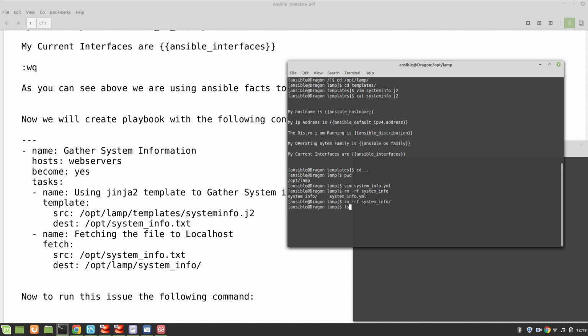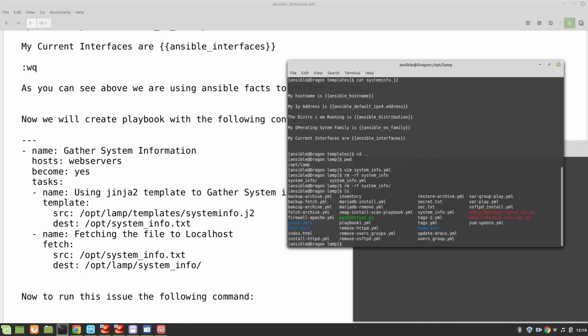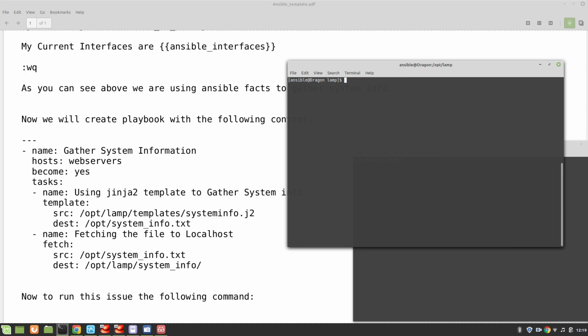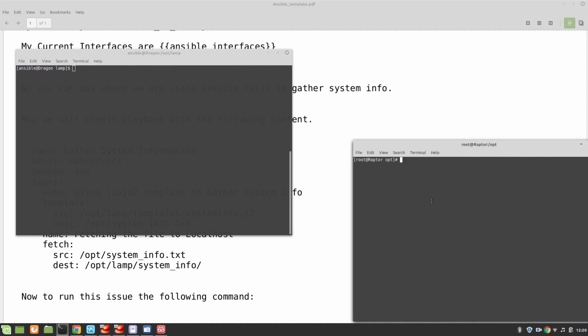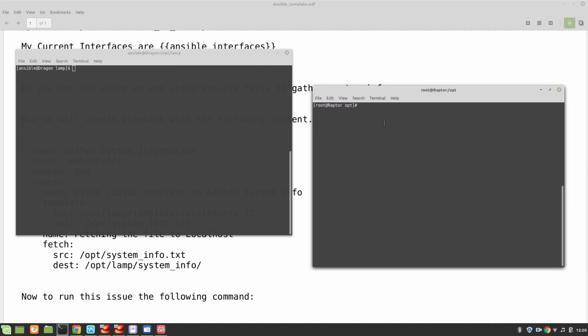Okay, so now we don't have any system_info directory, and let's run our playbook. First thing which we need to remember is that we have already deleted all the system information file here. So let's start our playbook. And to run this, ansible-playbook, and we are going to use inventory, and the playbook is